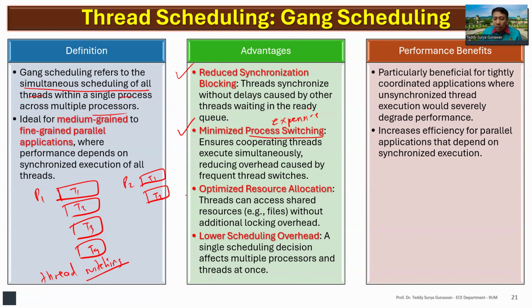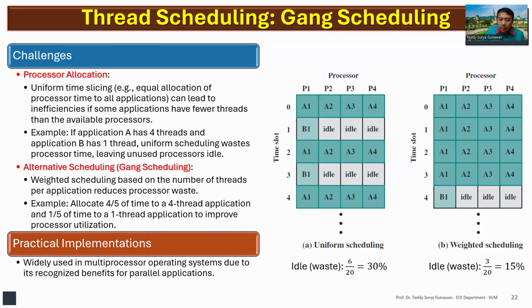You can also optimize resource allocation without additional locking overhead and with lower scheduling overhead. The performance benefit is increased efficiency for parallel applications. So let's see the example. The challenge is uniform time slicing with equal allocation,